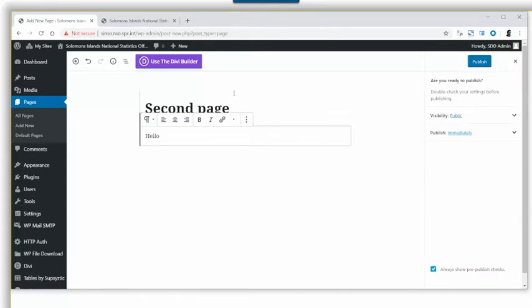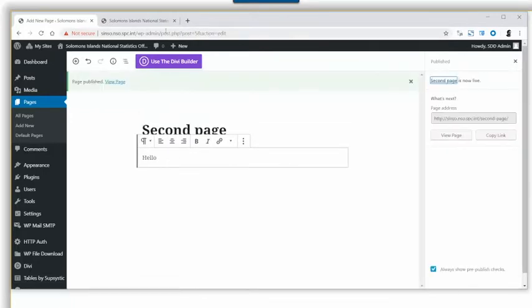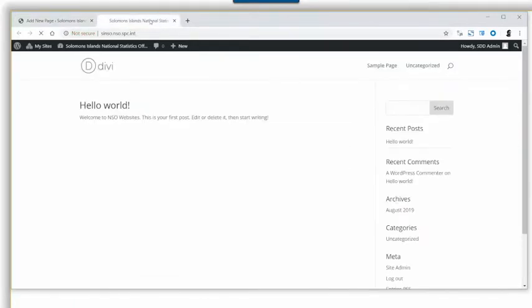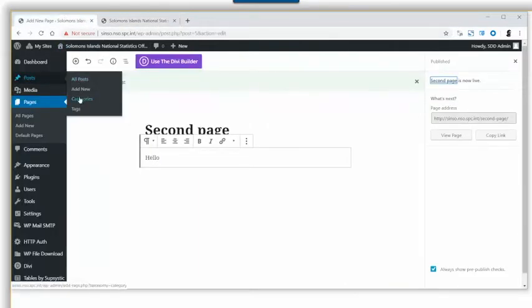So I created a new page. Then DV adds it directly in the navigation. You see? And if I create a new category,